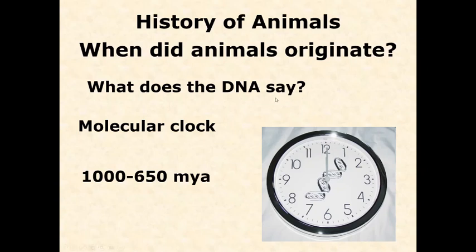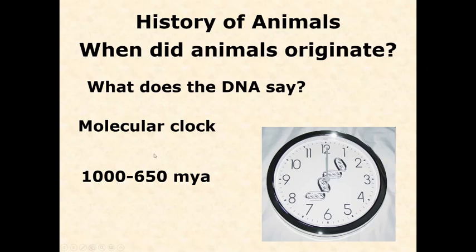Now, when we do this with animals, we get dates that are much more ancient than what we see in the fossil record. Some are kind of close. So now we're about 650. That's about 50 to 100 million years before we see the first really good fossils that we can say, yes, these are animals. So why does the molecular clock disagree with our fossil record? And there are two answers for that, and we don't know 100% which one. There could be an error. Molecular clock methods are tricky, especially when we're trying to go back that anciently, and so we might have some error in our molecular clock. It might not be as accurate as we would hope.